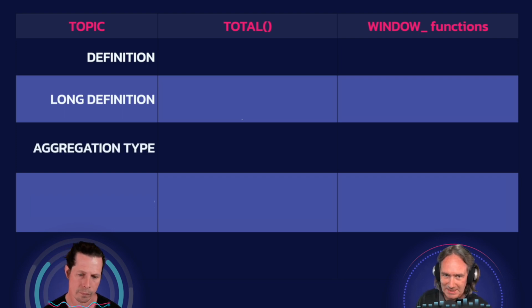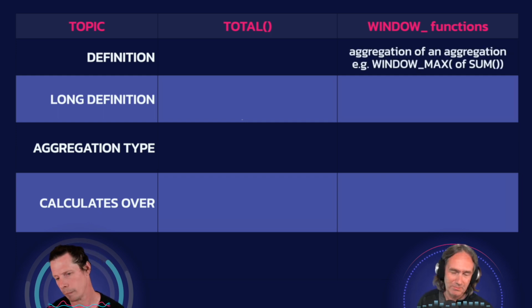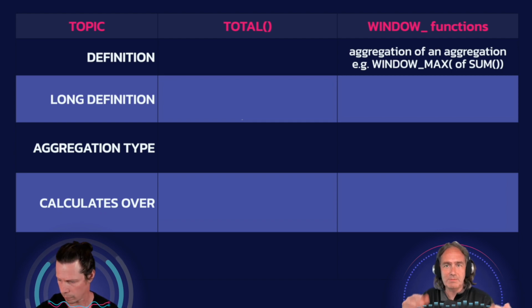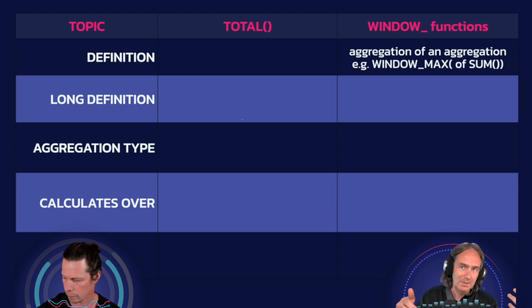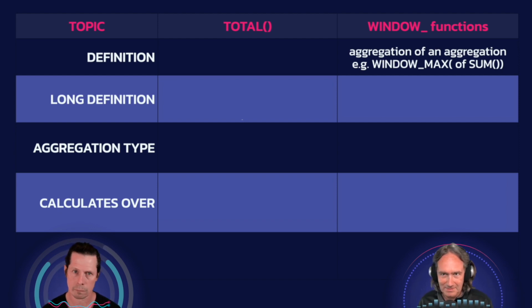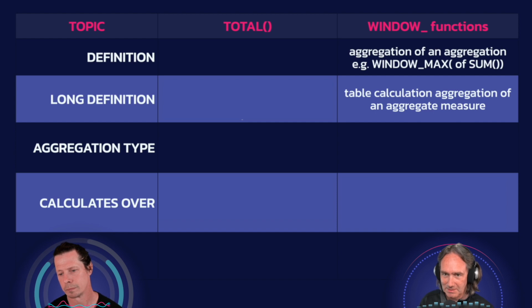What kind of aggregation do they do? What are they calculating over? Okay. So in the case of window functions, what we've seen here is they're doing an aggregation of an aggregation. So we have like sum of value, and then we're doing the window max of that, or the window sum, or the window median, and so on. The longer definition is we have a table calculation aggregation that we're doing of some aggregate measure